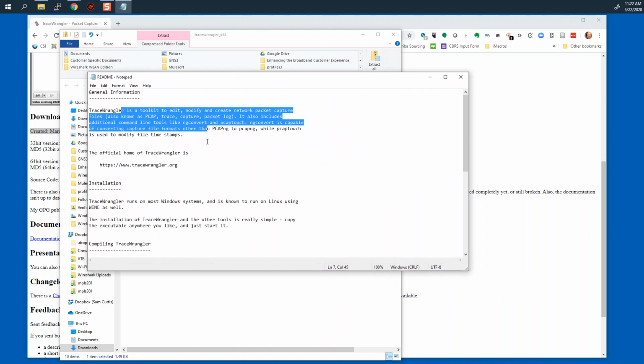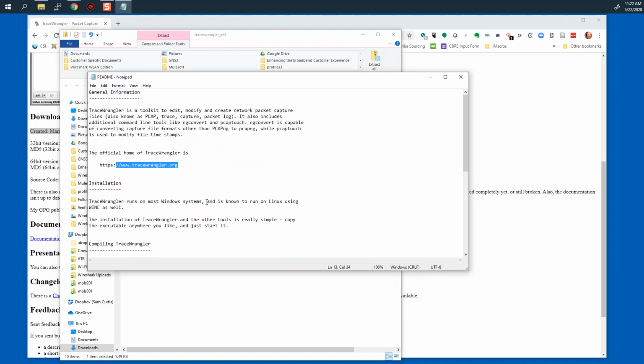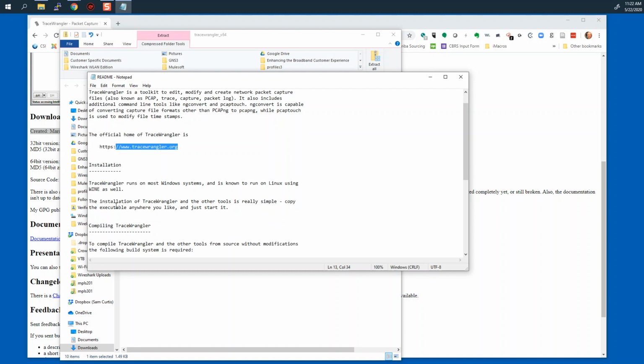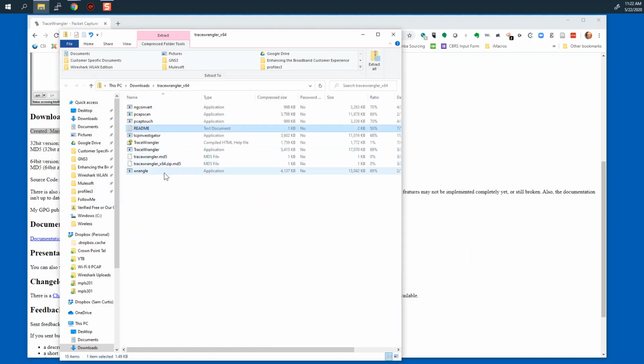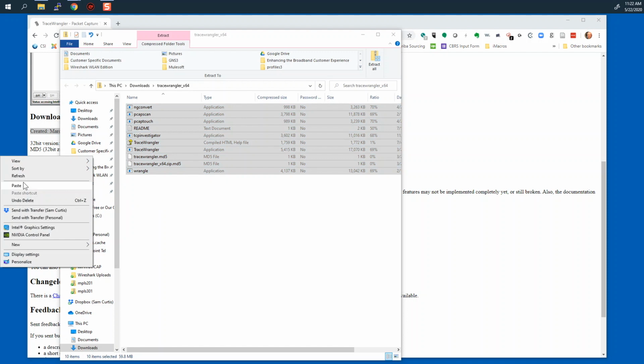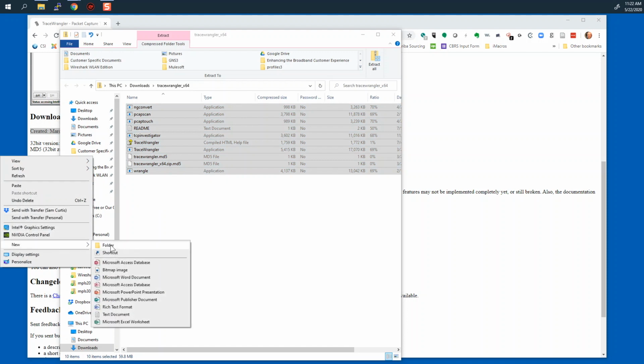So it kind of repeats all of that stuff. There's the website, and let's see, it runs on most Windows systems. It's really simple to install. It says copy the executable anywhere you like and just start it. Okay, well, let's do that. So I'm going to close that. I'm going to copy all of these. So Control A, Control C, and then on my desktop, I am going to create a new folder,